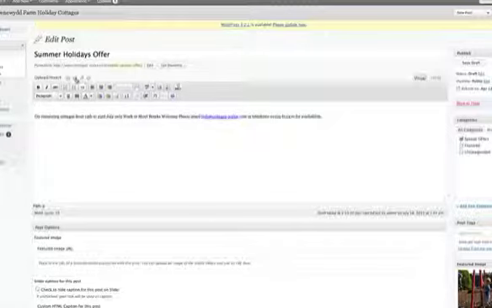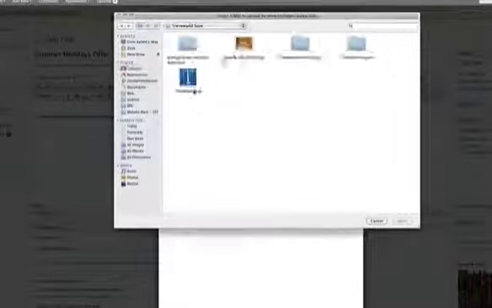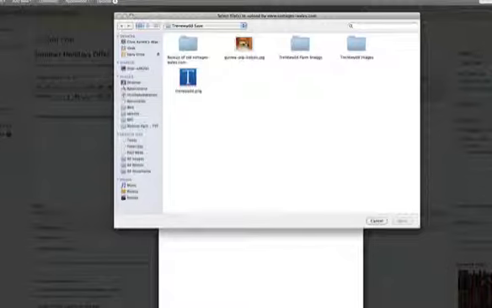Then along here we've got these little icons. If you hover over them, that's add an image, add a video, add audio, add another kind of media such as a PDF file or something like that. So if I click on add an image, I get this dialog box coming up. I can click select files, choose a file from my hard drive. So I'm going to choose that one. It's going to upload that image,